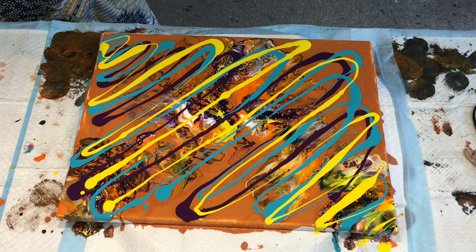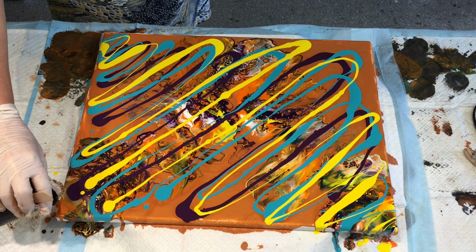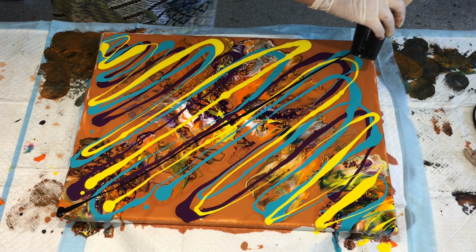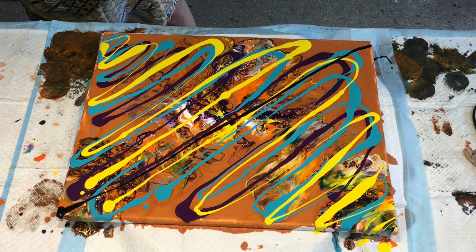Should I or shouldn't I add some black in there? Now I'm feeling like I should swipe with, maybe I'll just swipe this very thin layer of black. See what we come out with. I'll get my